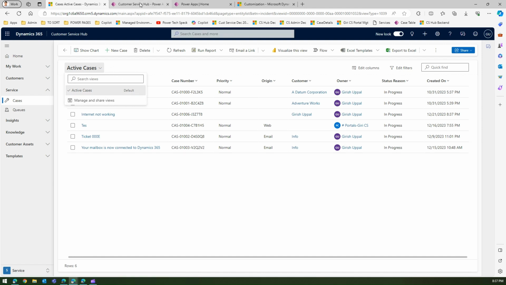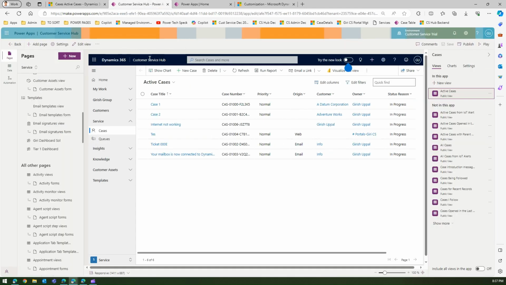Okay, so just by going into editing the model driven app, we were able to hide all the views, and this is the only view which is visible. Now what if you want to see other views? So if you want to see all cases also along with it, click over here and just click on add. Okay, and here cases I follow, you click on add. Okay, now from here you can even remove this. Okay, so if you don't want cases I follow, you can remove this. If you want cases opened in the last 7 days, you can put it over here